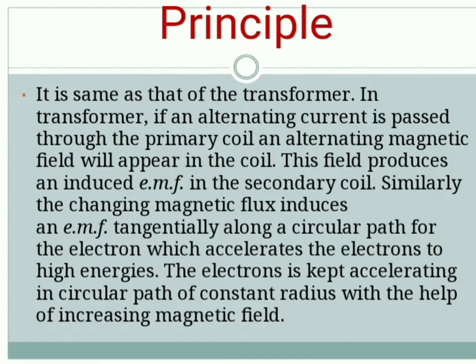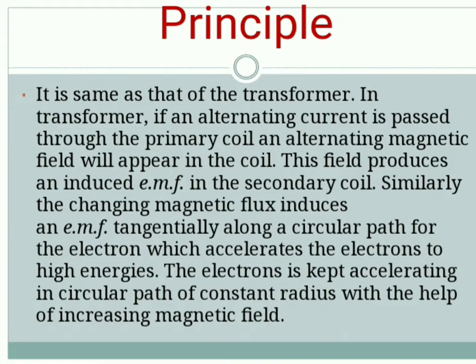In a transformer, we know that if an alternating current is passed through a primary coil, an alternating magnetic field will be produced in response to it. This field produces an induced EMF in the secondary coil. Likewise, here the varying magnetic flux induces an EMF tangentially along the circular path. So this is how, with the increasing magnetic field, the electron gets accelerated within that circular path